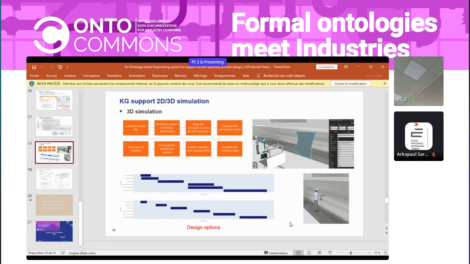Next is the panel that Tarko is supposed to be